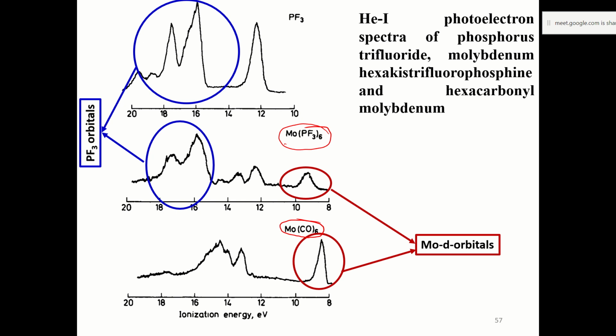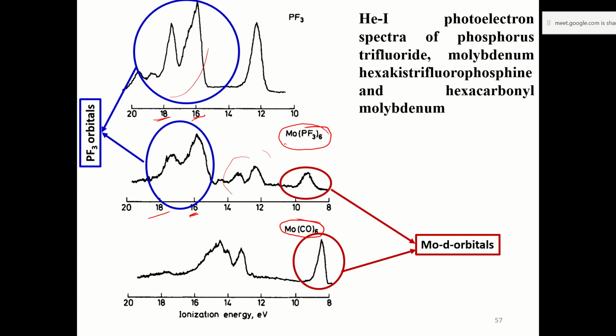Most likely these are the fluorine bonding or non-bonding orbitals. So something that doesn't take part in bonding, you can see the values around 16, 18. So this remains unaffected. You can clearly see that. So you start getting hints: if both spectra are given, you can compare. One that newly appeared will definitely be because of the metal, and where you see the change,